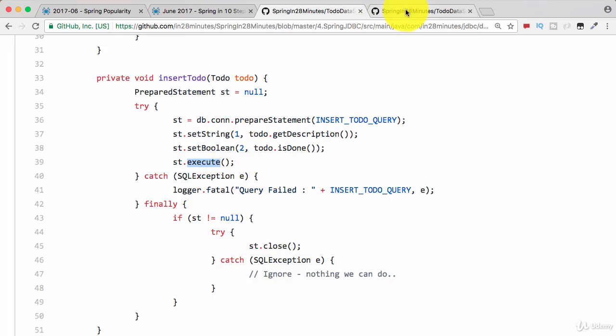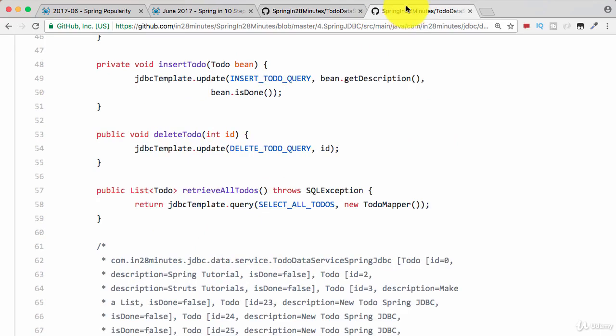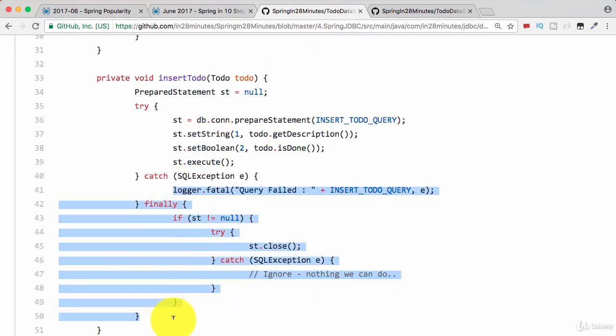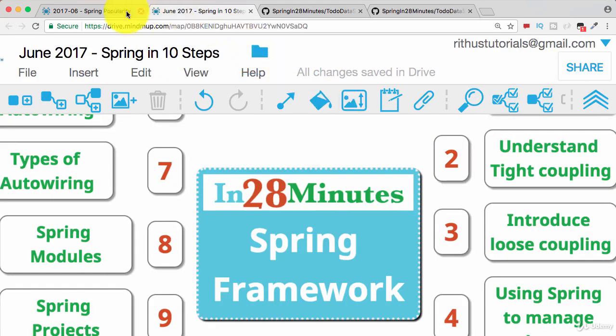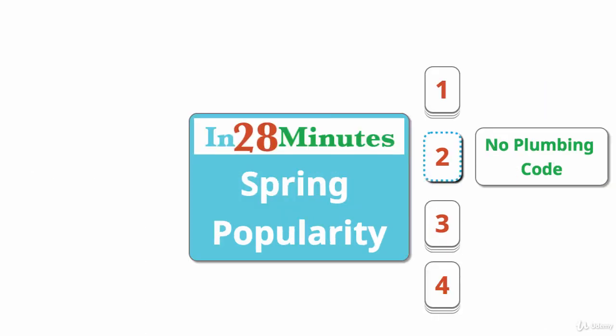And that's where Spring comes in. With Spring, the amount of code that you need to write becomes almost next to nothing. So if you look at the corresponding method in Spring Framework, almost zero exception handling code, because Spring makes all its exceptions unchecked. So you don't really need to do all the exception handling and stuff. This code which you see in here is the plumbing code. So with Spring, you don't have any need to write plumbing code. There is no plumbing code at all.